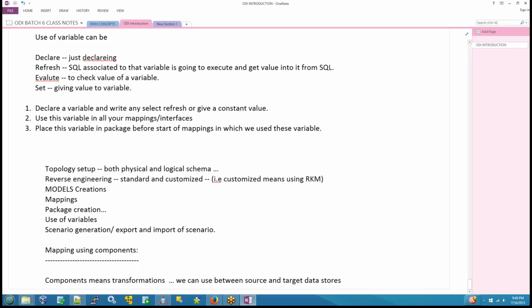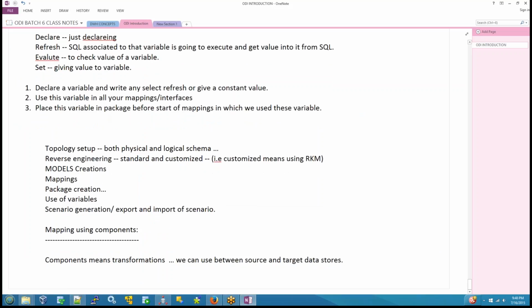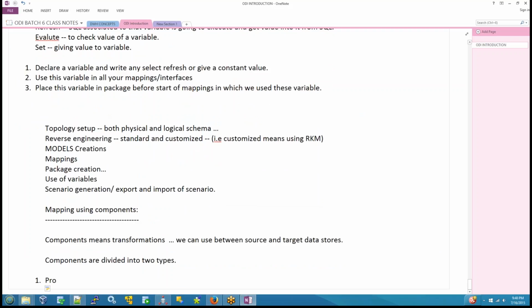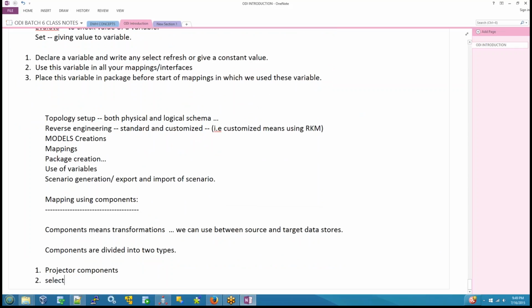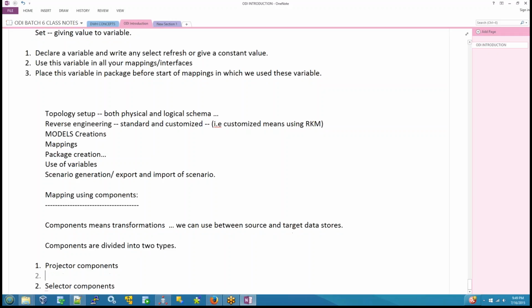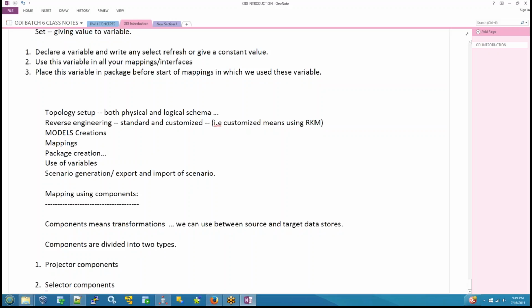So between data stores, the components are basically divided into two types. One is projector components and the second one is selector components. What is the projector component and what is the selector component? These projector components